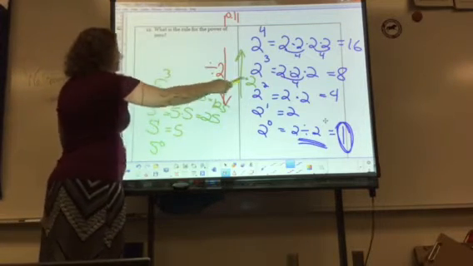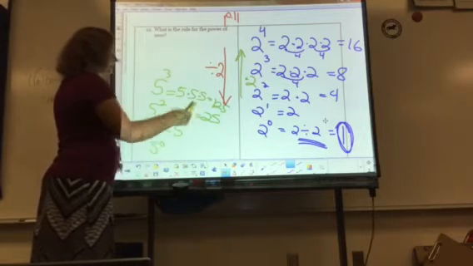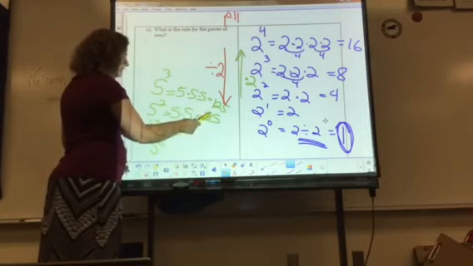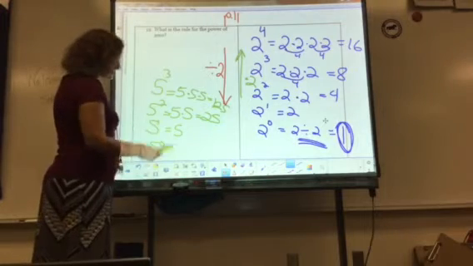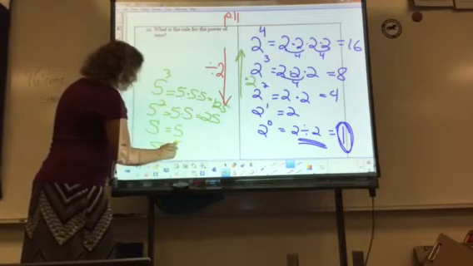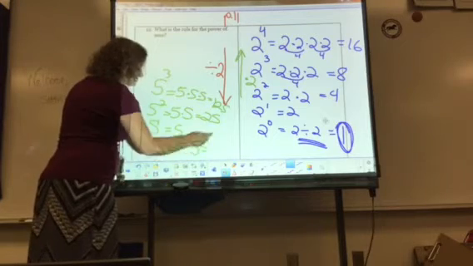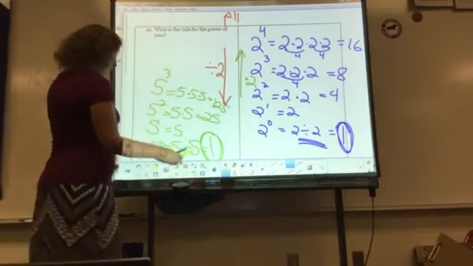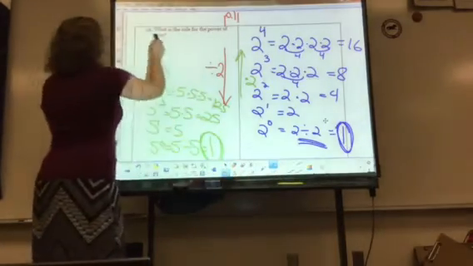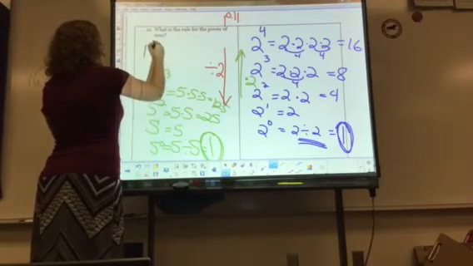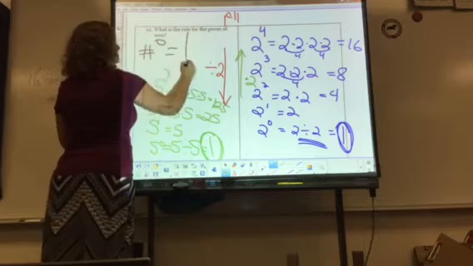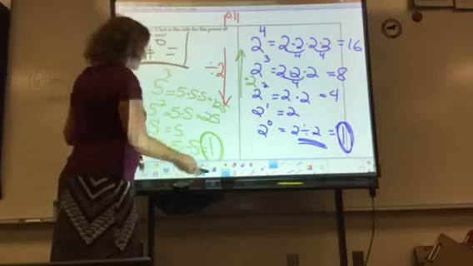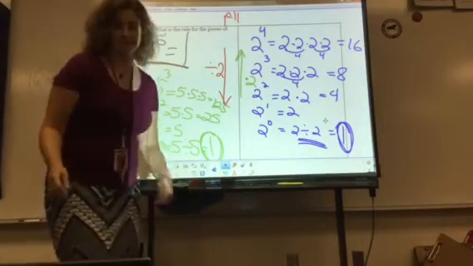This time the base is 5, so instead of using 2's here, you use 5's. When you go down an exponent to get from 125 to 25, you divide by 5. To get from 25 to 5, you divide by 5. So here, this means 5 divided by 5, which is 1. Again, same thing. It always equals 1. So you might want to write up here, what is the rule for the power of 0? A number to the 0 power equals 1. It's always going to be true because it's always going to mean the base is dividing by itself. And any number divided by itself is 1.